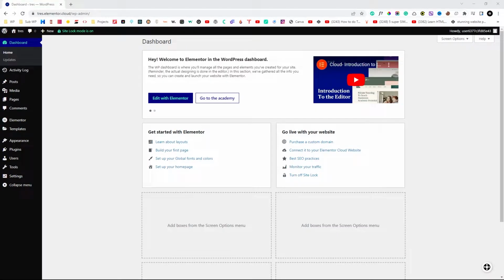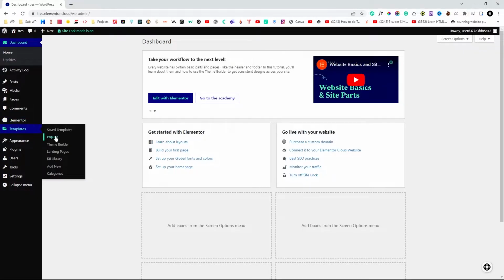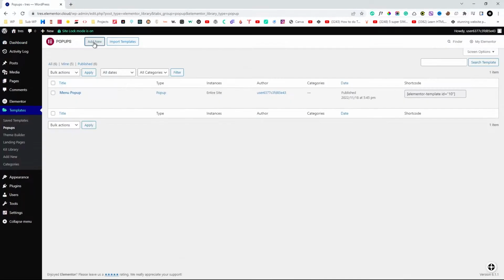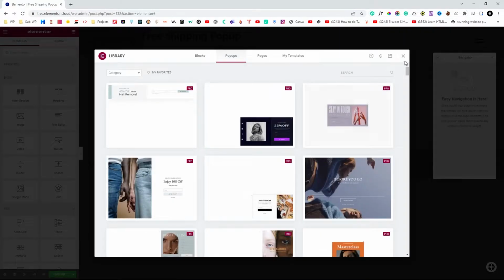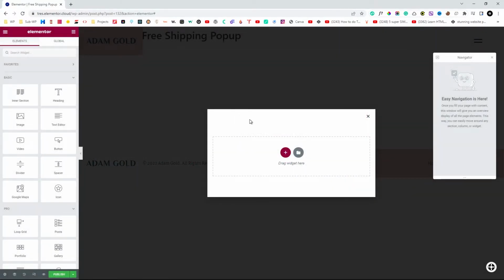So head to the dashboard and go to Templates. Then Pop-ups, add a new one, and name it. And click Create Template. Since we're creating our custom design, close this. Next,